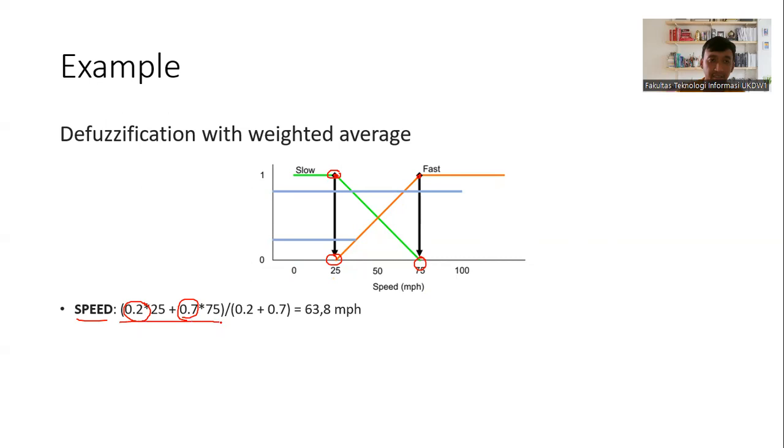After that, we calculate this and divide it by the total weight, which is 0.9. Then we get the result for the speed: 63.8 meters per hour. This is the example for a fuzzy logic system.